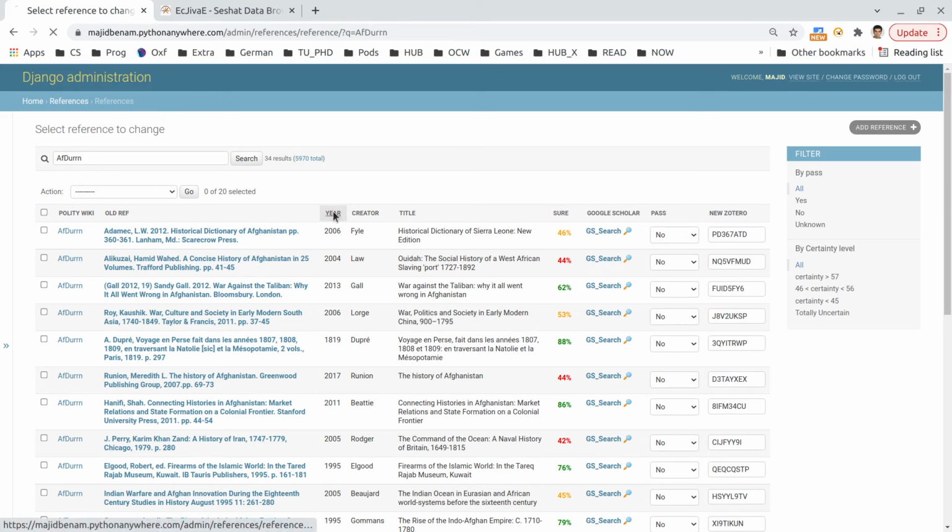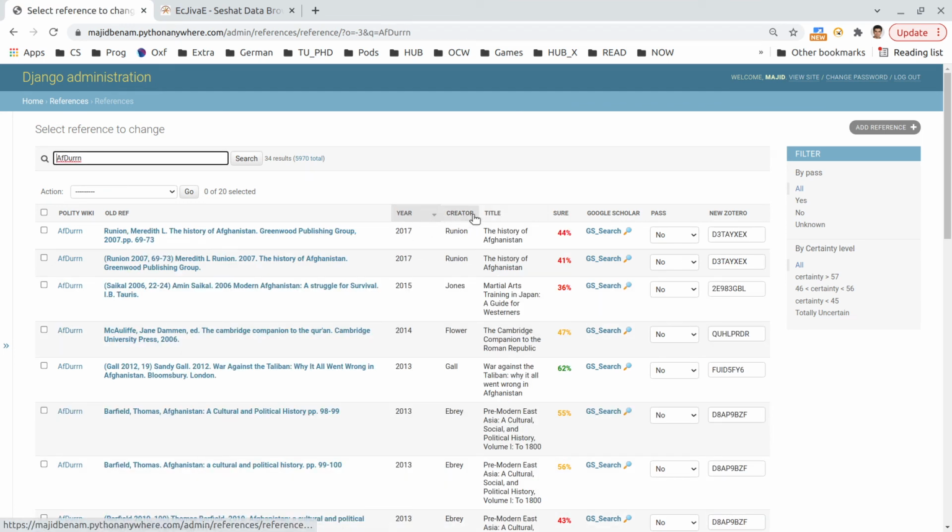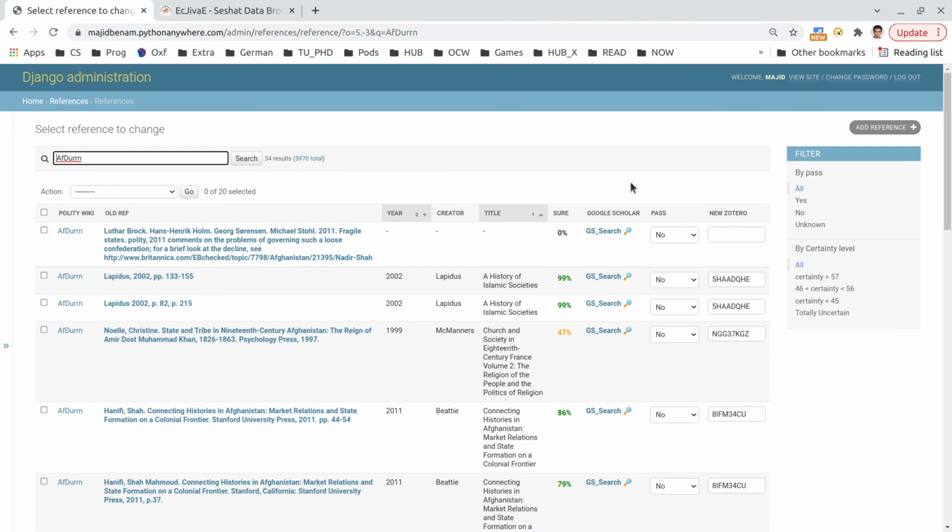But for many other things, you can sort by year, and there are a lot of things that you can do. And for Afdorn, you can see what is going on. You can also search by title, but it's a little bit of playing around with the whole thing, to see if you can